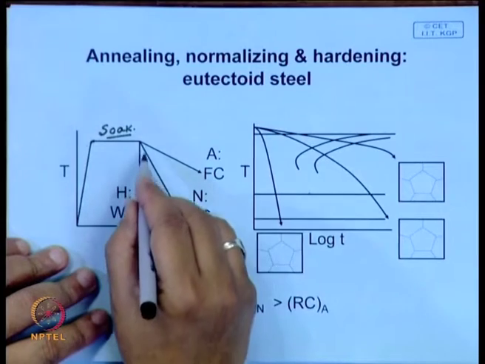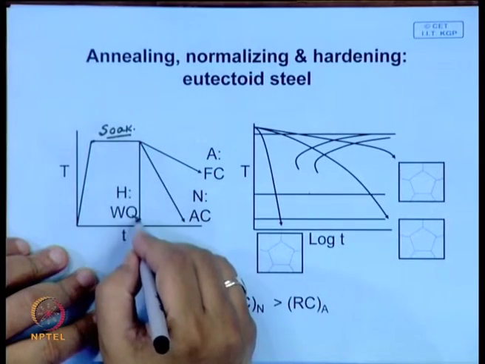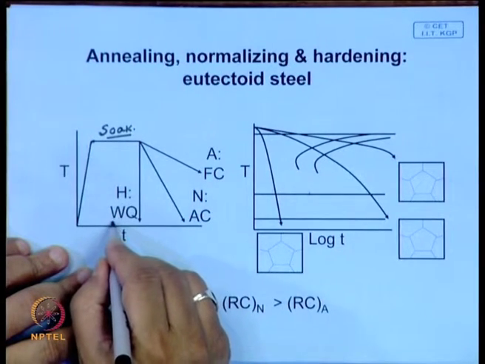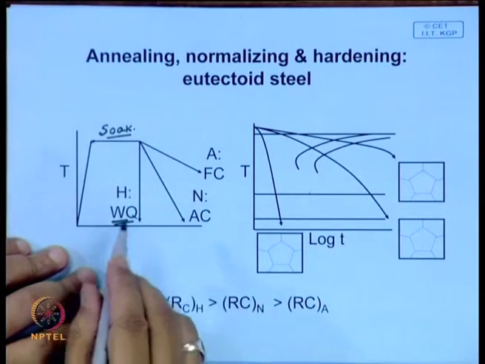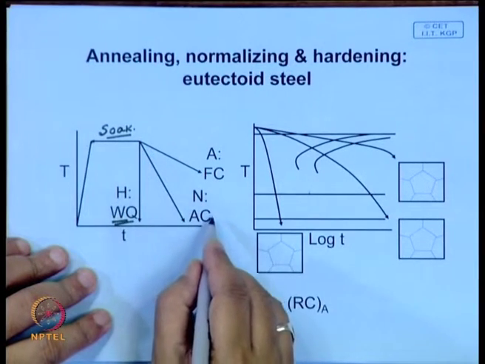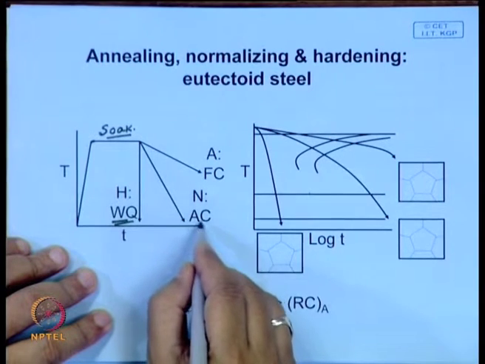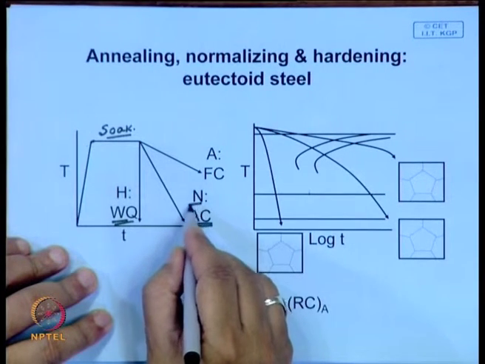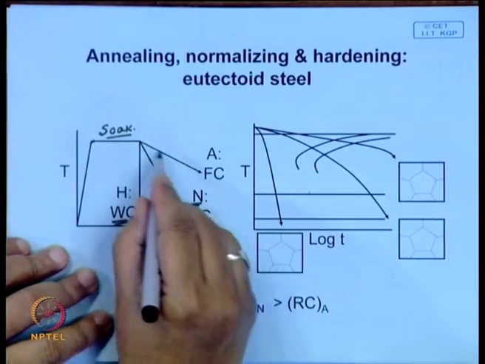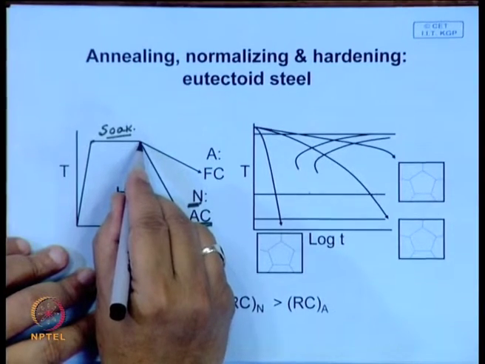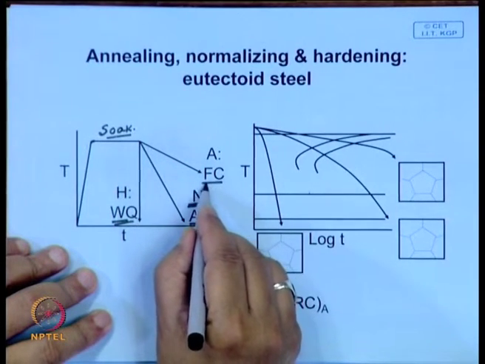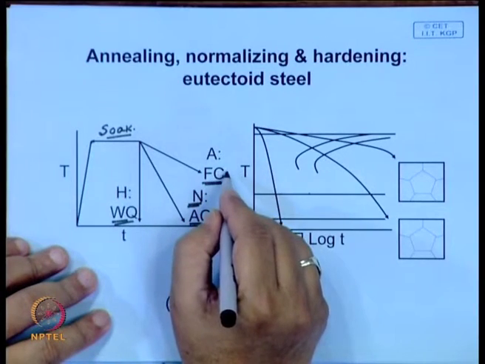And then if you are hardening, you have to quench in a liquid, and one of the ideal or very good quenching media is water. So, you quench in water, and if you are normalizing, take out the sample from the furnace and let it cool in air, still air. So, air cooling. This process is known as normalizing, and I am representing it by N. And annealing, you just switch off the furnace after soaking. In that case the cooling is called furnace cooling,